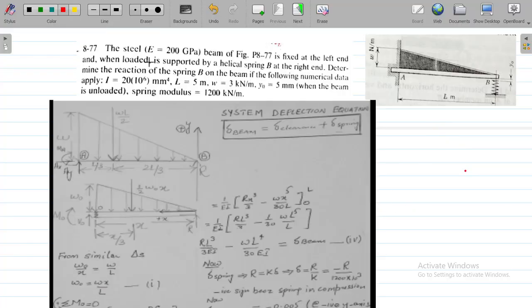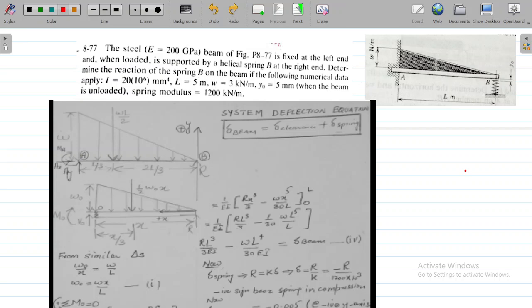The steel beam has modulus of elasticity 200 gigapascals, and is fixed at the left end. This is the left end where it is being fixed, and it is loaded and supported by a helical spring. This is the helical spring where it is being supported. Okay, so now we need to determine the reactions of the spring B on the beam if the following numerical